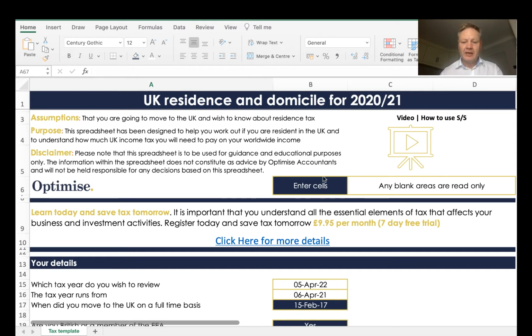Here we are. Please note that any cells that you see, which are blue shaded with white writing, you can enter details into that section. But please do not enter any details into the sections that are white with the gold trim, because that's already